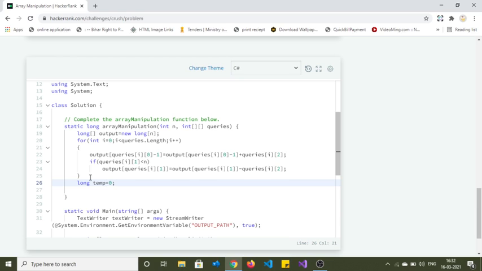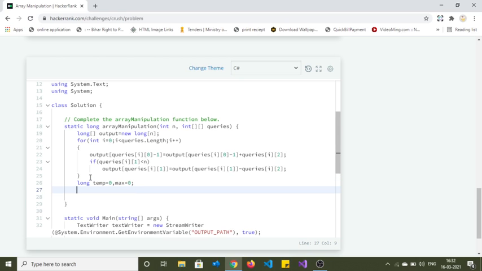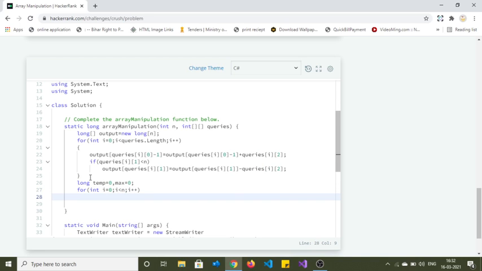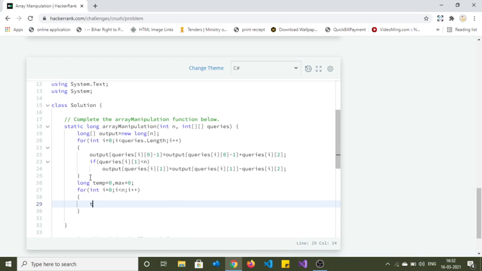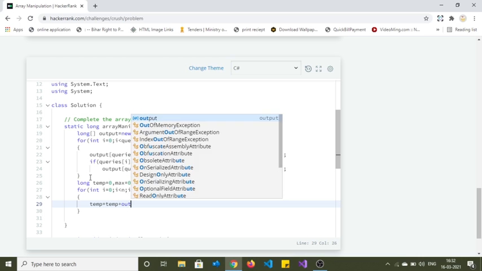So for that I need two variables which will store the data temporarily, and finally will return some value, which I will store in the max. For integer i is equal to 0, i less than n, and i plus plus. Temp is equal to temp plus output of i.